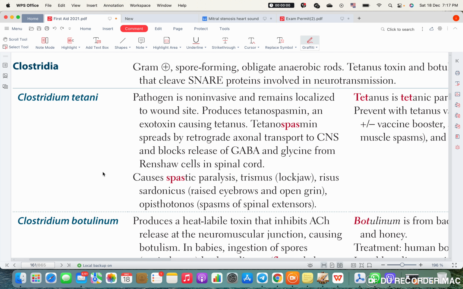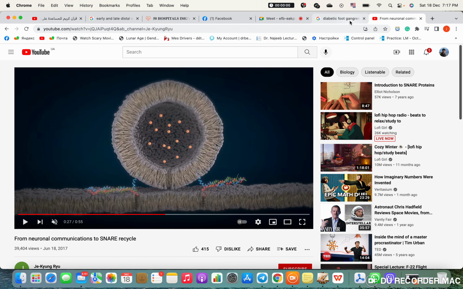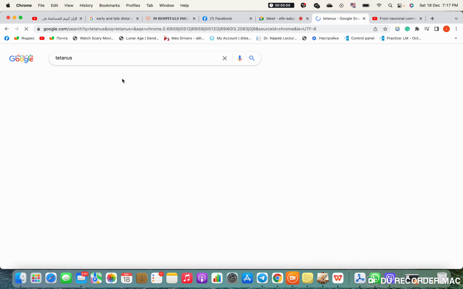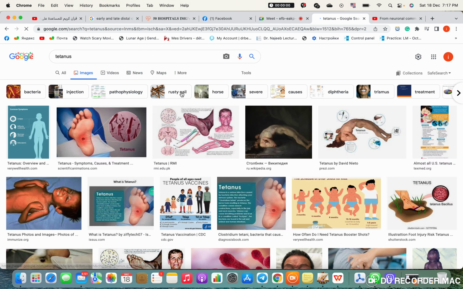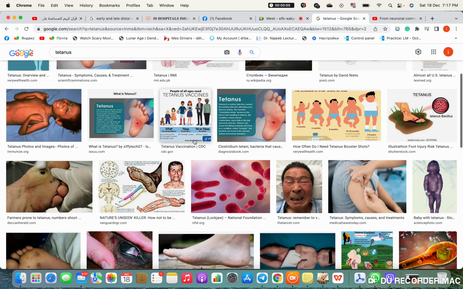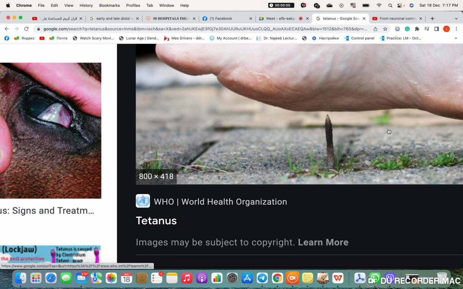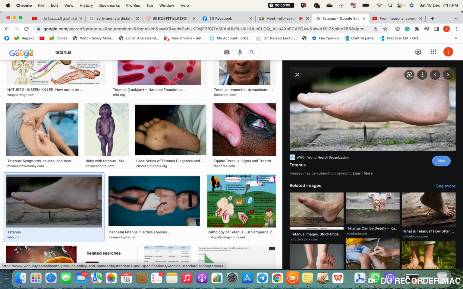Sounds like a lot. Let's take 2 steps back. The first thing I want to speak about is what they mean by this contamination of the wound by this microorganism. Well, to get tetanus, first of all, you need to get a wound. After that, you need to get the Clostridium tetani, which comes from the soil, okay? So it comes from the soil, like getting a wound, or a rusty nail. You step on a rusty nail, and here we go.